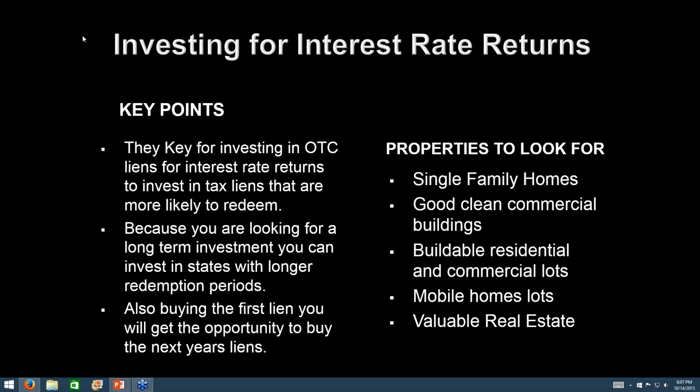Now, the online list may not have as many of those overlooked properties as an actual Excel list. So as you get more involved with tax lien certificates, you can go through and research some of the Excel type lists and find maybe those properties that are a little bit diamond in the rough, like the tax lien I showed you earlier from one of my students. But there are going to be tons of good tax lien certificates.